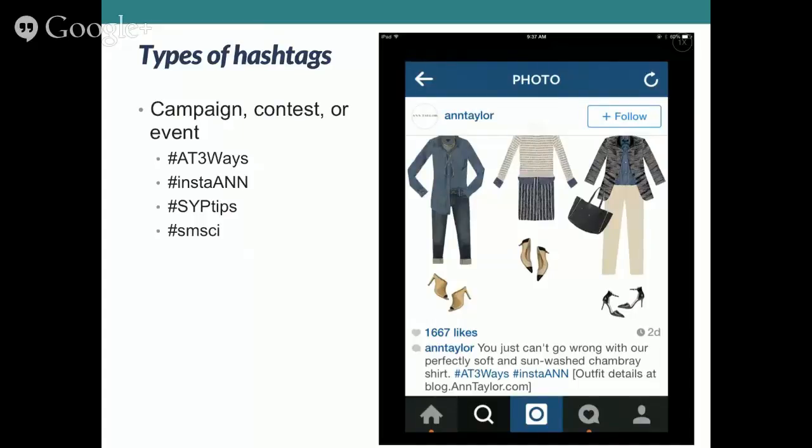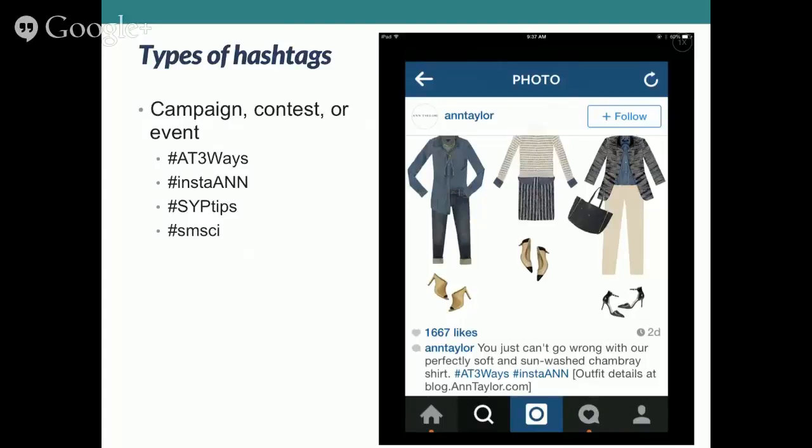So they have a campaign that's hashtag AT3Ways, and it actually shows 3 different views of how to use, I think in this case it's this blue shirt. So 3 different outfits, how to use the shirt in 3 different ways, and so they always would use the hashtag AT3Ways when they post an image like this,